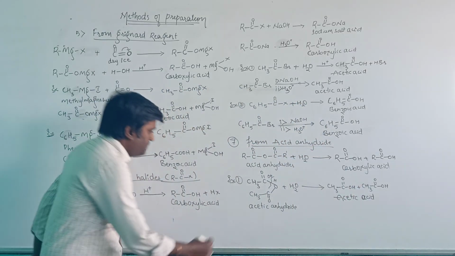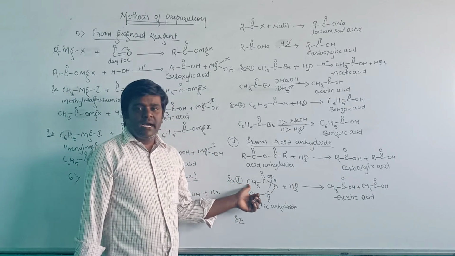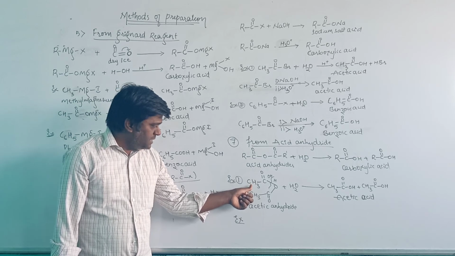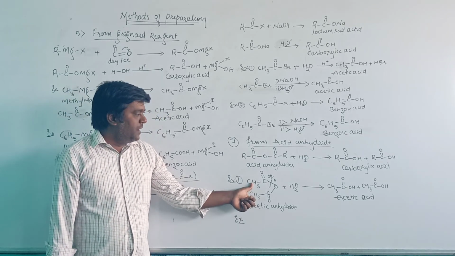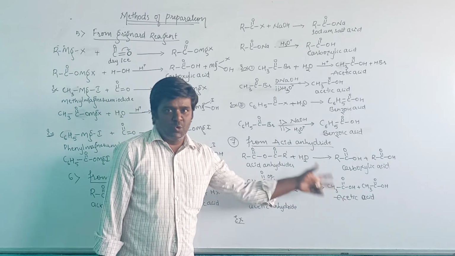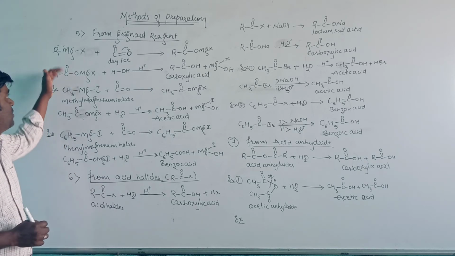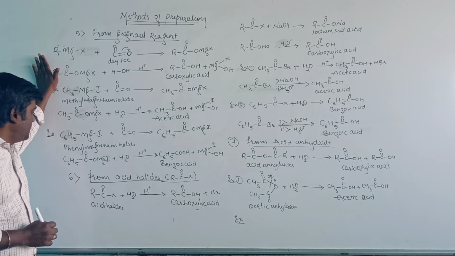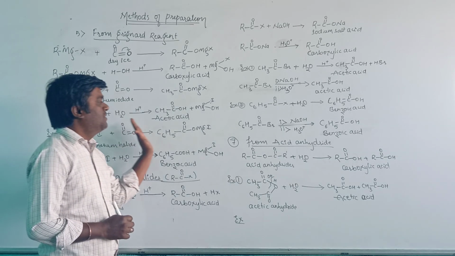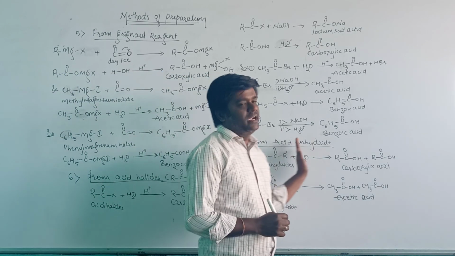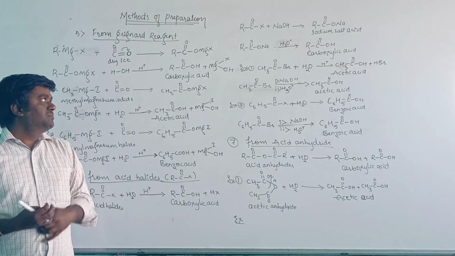We can take another example. In the place of methyl, take benzene, that is C6H5, and carry out the reaction. This is the homework. This is about today's class, that is methods for the preparation of carboxylic acid. That is, the fifth one from the Grignard reagent, the sixth one from the acid halide, the seventh one from the acid anhydrides. Okay. In the next class, we will see more methods for the preparation of